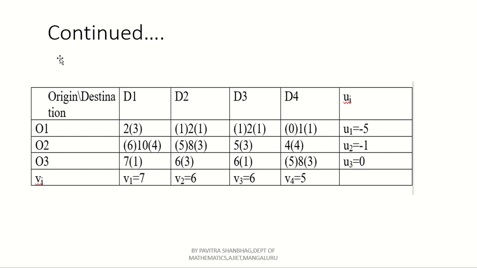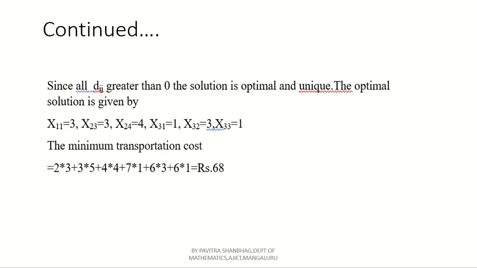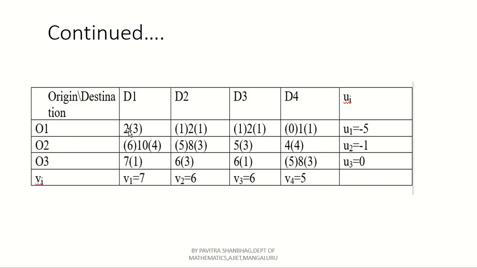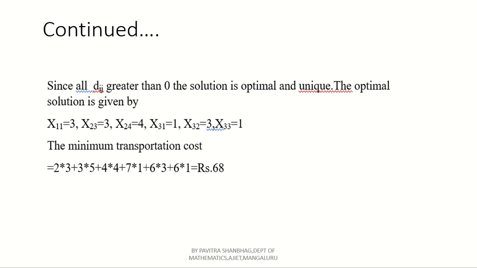Now at the end, what we have to do is find m plus n minus 1. Again the same procedure, and here the optimal solution elements are whatever you assigned already, that one itself is x11. See here x11, and next x23, then x24, then x31, x32, x33, that you have to write, and just multiply these earlier occupied terms, and finally add, and you will get the minimum transportation cost.